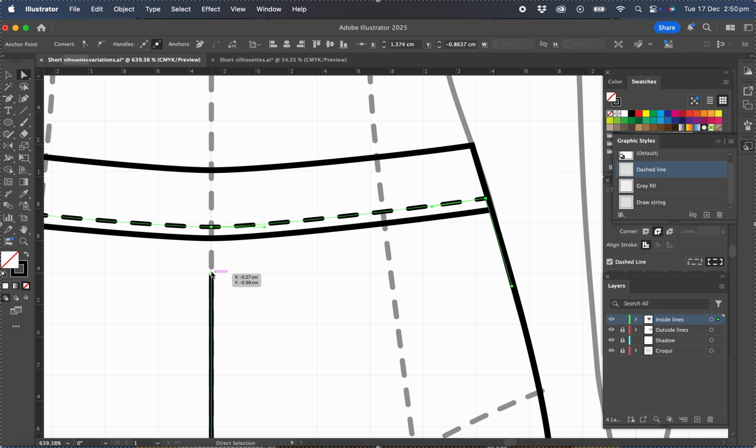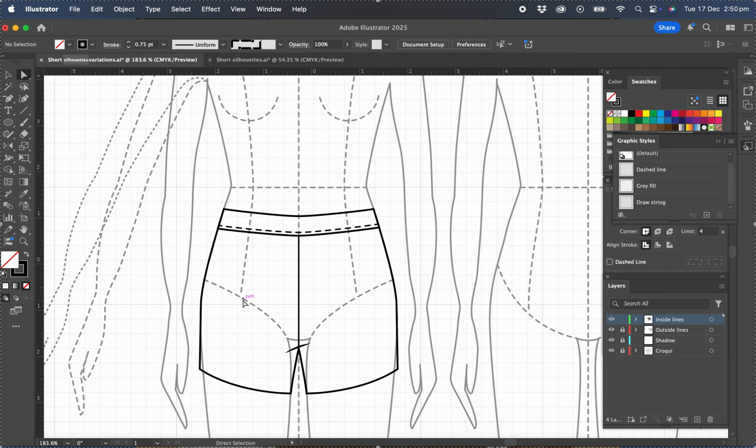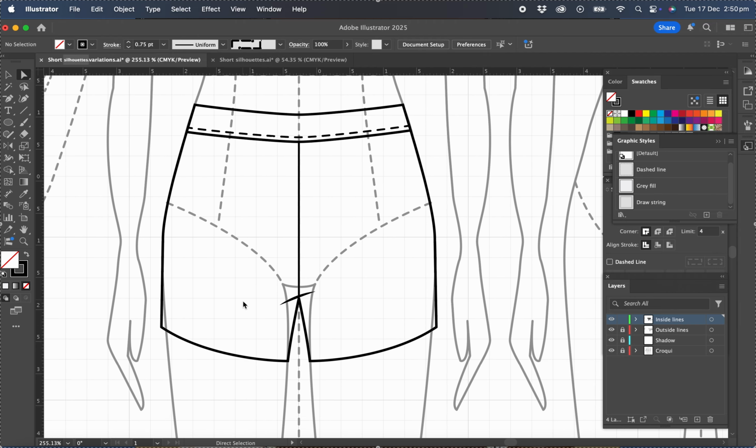Now we can push this line up. White selection tool, click the top of the line, hold Shift and push the line up. Next, we need to duplicate the hem so we can put the stitching on the hem. Unlock our outside lines. Use the white selection tool, drag over one hem, hold Shift, drag over the other hem,